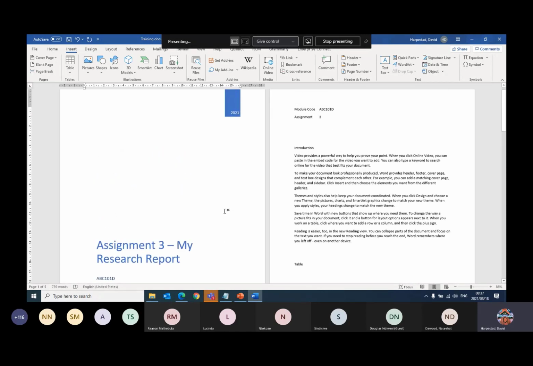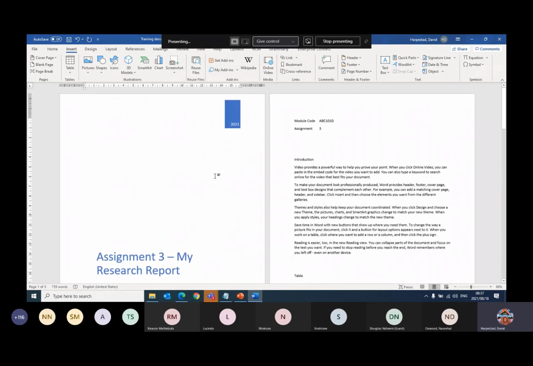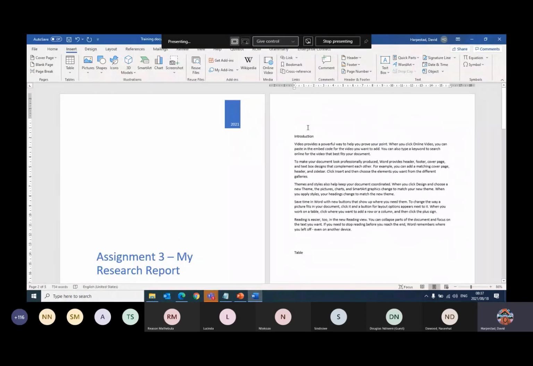It looks nice, neat, simple. Doesn't have to be too graphical and things like that. So I don't need this information anymore, so I can delete this. Right, then the next thing I want to do is I need to create some space here. So after my cover page, I need to put a little bit of space because I want to put a table of contents. So what I can do is I can just click on, still under insert menu, blank page,